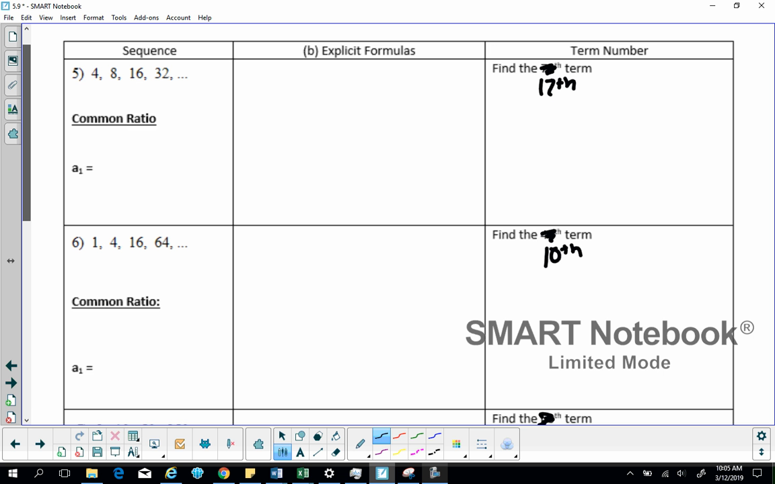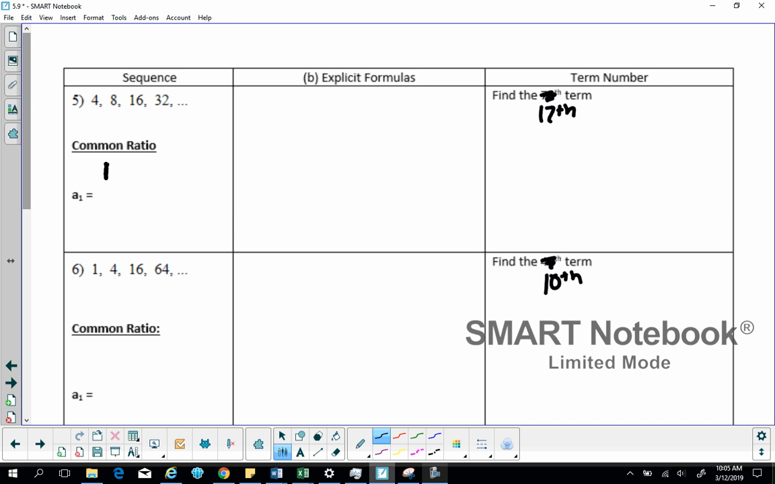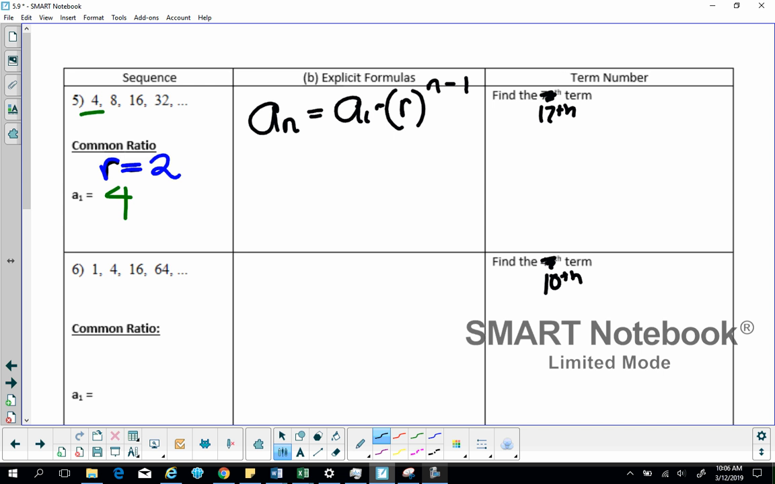Cool. So I'll do the first one with you. First of all, what is the common ratio for this one right here? 2. So right here, I'm going to put R equals 2. What is my first term? 4, right? Then I'm going to write my equation. Remember, it's not the same one as last time. Now it looks like this. A to the n equals A1 times R, and I should just use parentheses, to the n minus 1. All I'm plugging in is my A1 and my R. So what is your A1? 4. So A to the n equals 4. What's your R? 2 to